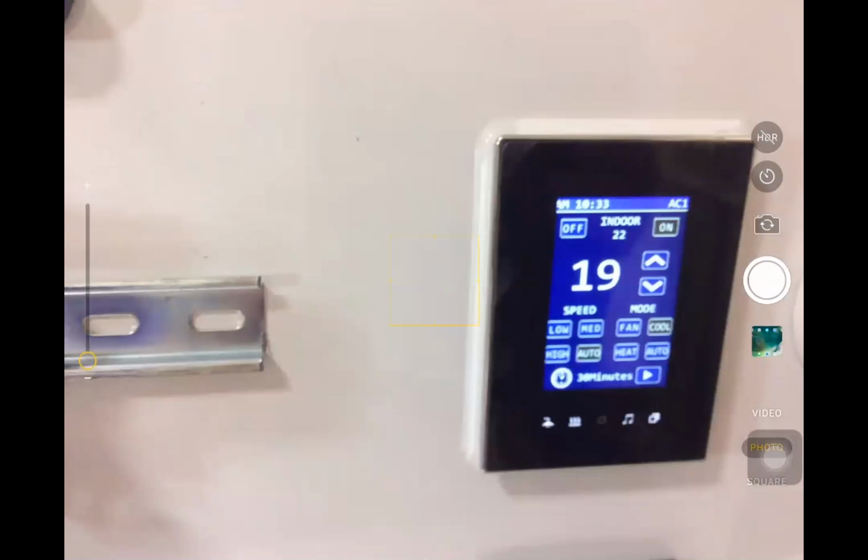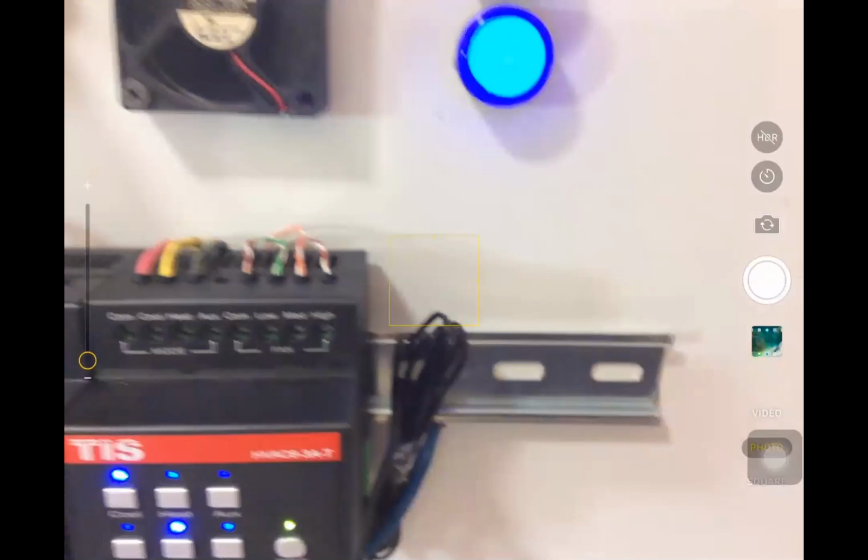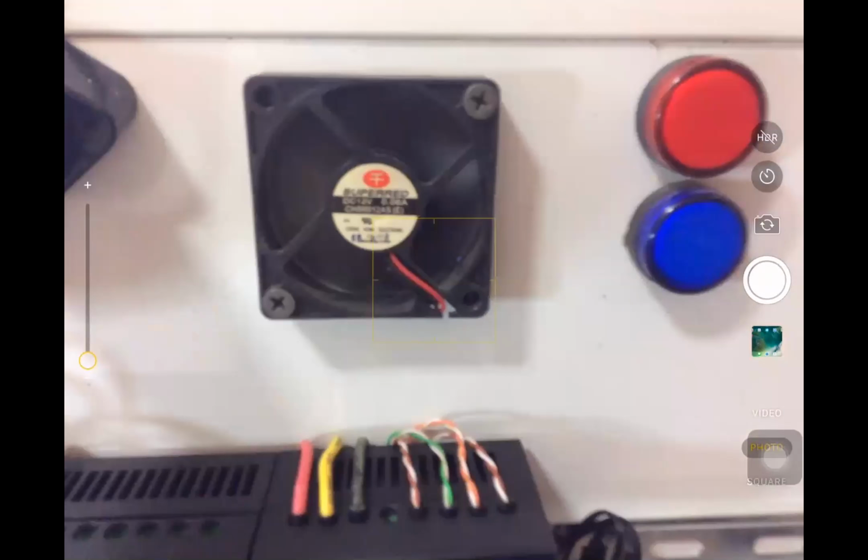It means that the TIS thermostat panel works as a thermostatic panel without any problem. As you see here, if there is no cooling, the fan is automatically off, because